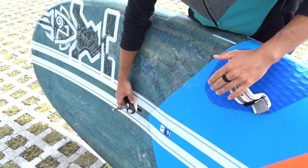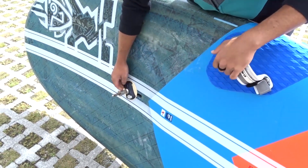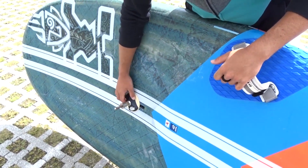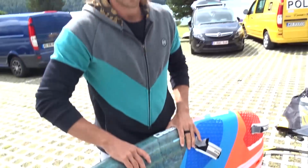So if you go backward, you have less lever to control the movements, and it's harder. If you go forward, it's kind of getting easier. I go in the middle, because you also have to take care about your sail size. If it's a really big sail and you pull it all the way forward, then you have too much pressure